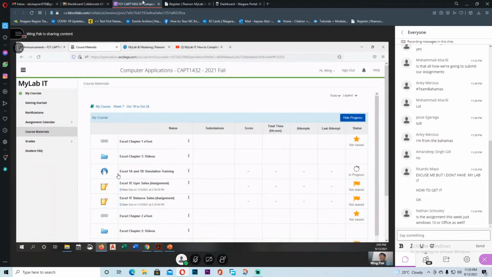In terms of the simulation training and the content, regards to this information, it really all depends how proficient you are in Excel. If you're fairly comfortable in Excel and you feel fairly confident, you can go right to the exercise, right to the assignments. So in terms of the assignments for Excel, Word, and PowerPoint, they're in the form of